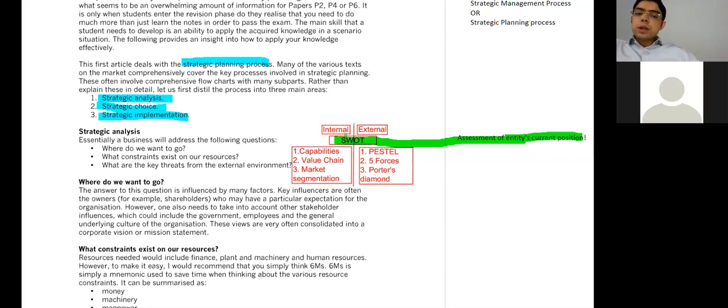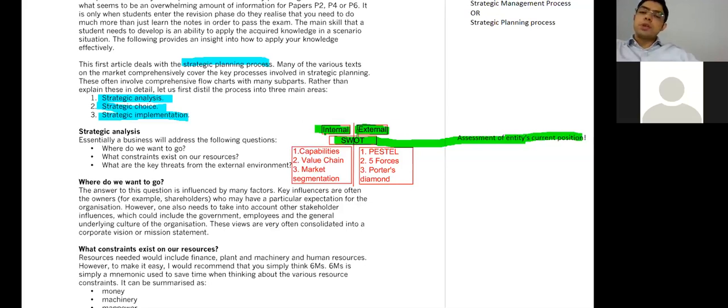Now SW deals with internal factors, company specific factors. When we say internal factors, what we're saying is we're talking about company specific factors. These are the company specific factors that are largely within the control of the company. But when we talk about OT, opportunities and threats for a company come from the external environment. So these internal factors and external factors, the analysis of these internal and external factors, which either tells you about